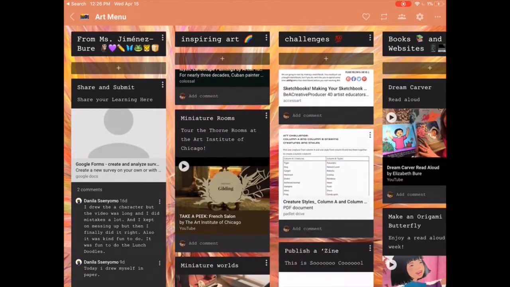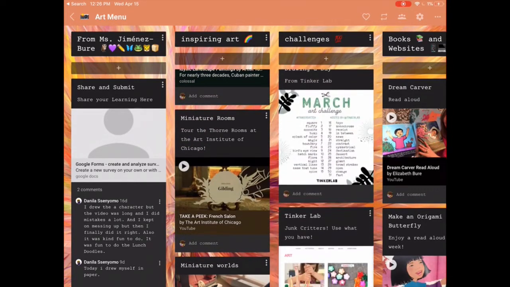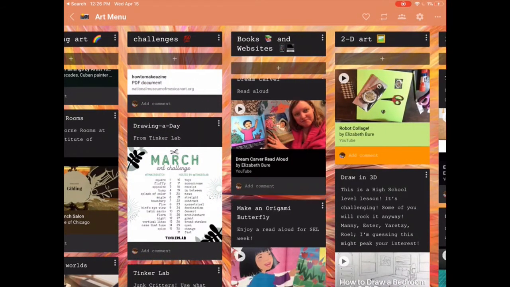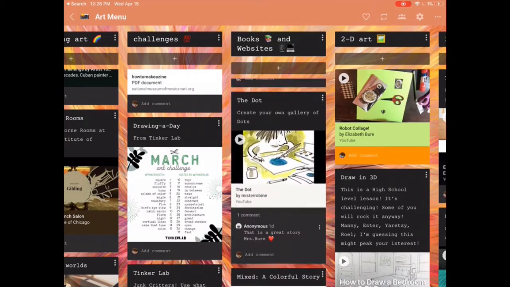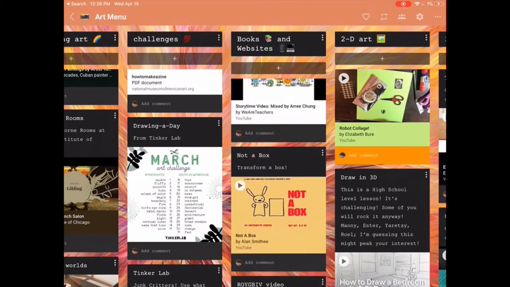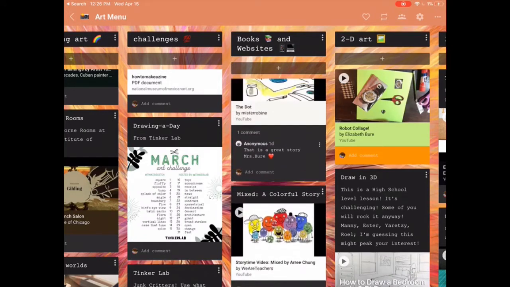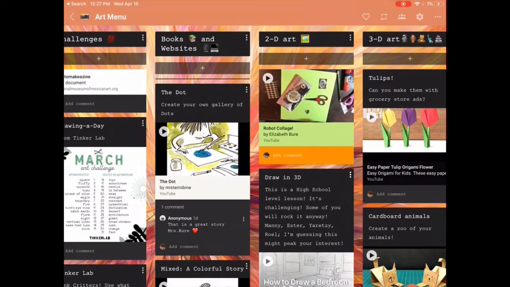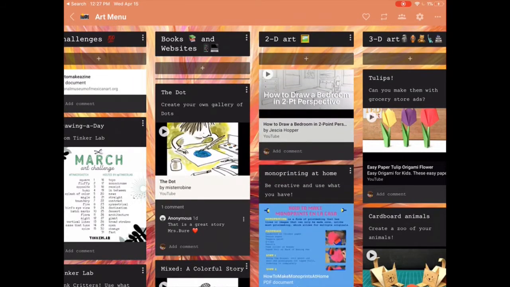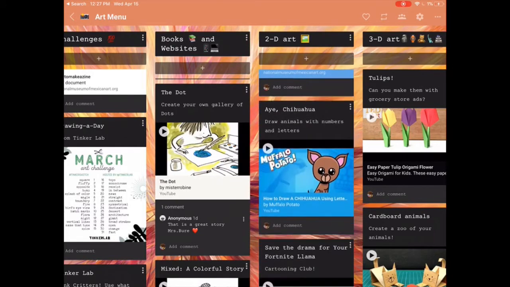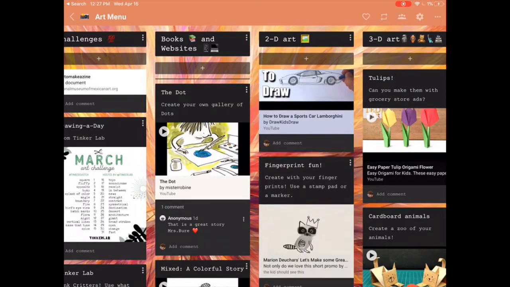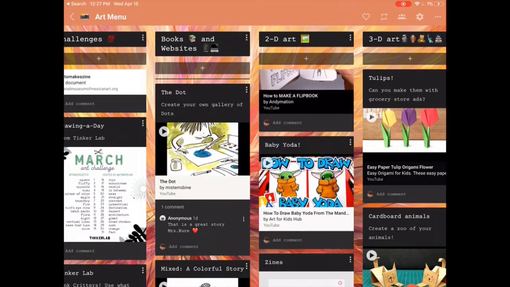In the third column, we have challenges. In the fourth column, we have books and websites. So I'm reading you some books, and I've also included some videos of other people reading books. Here we have 2D art. So here's a robot collage that you can look at. Drawing in 3D, monoprints, all sorts of drawings that you might be interested in doing, all different levels, all different